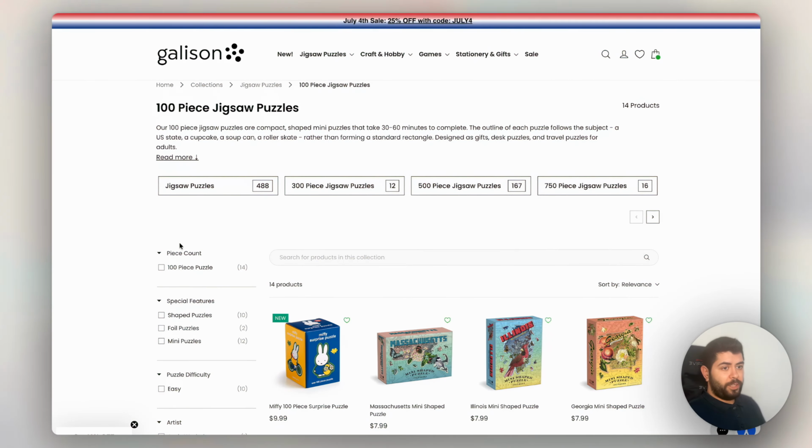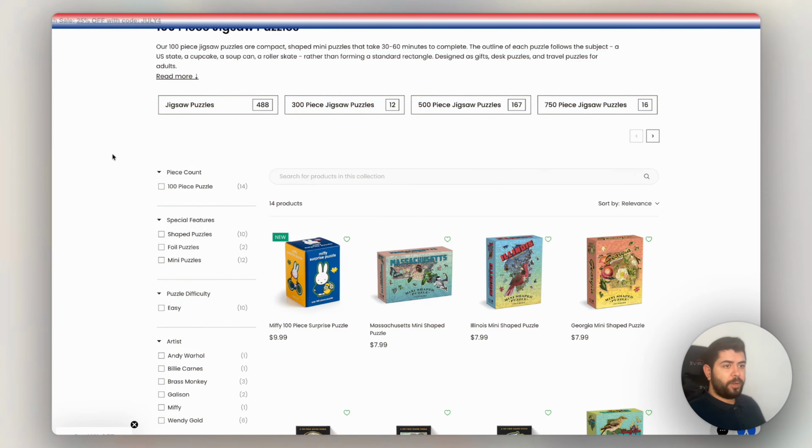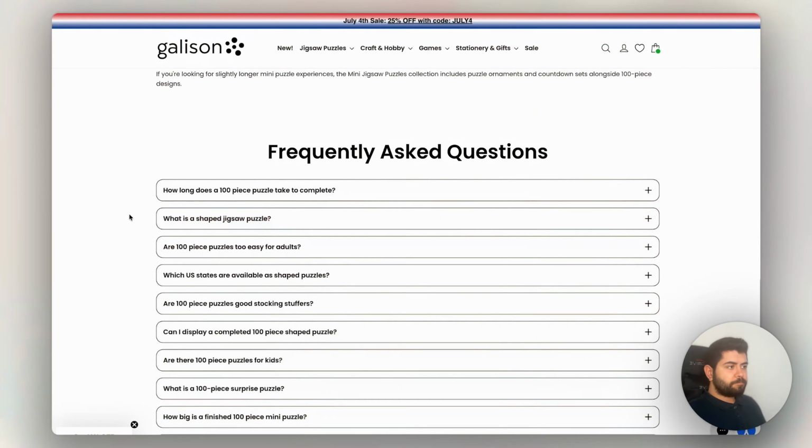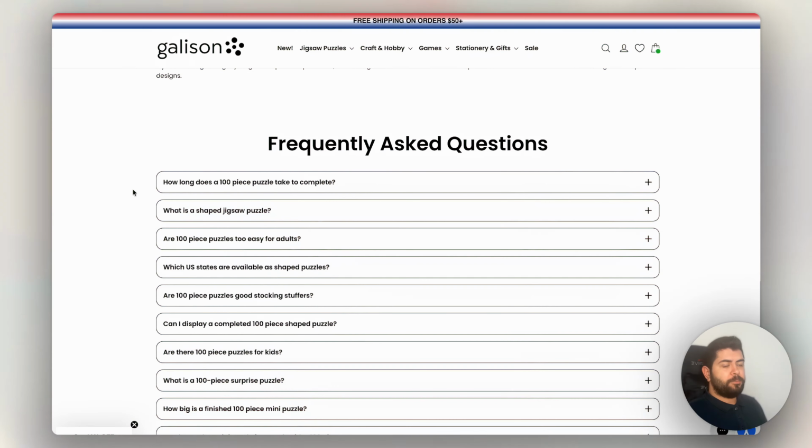Look at what is on each page besides the product grid. Is there a description that actually explains what the category is? Is there an FAQ section, like you can see here? Is there an FAQ section with the right questions and answers? Then open your top 5 or 10 product pages, and check whether the descriptions are specific enough to help